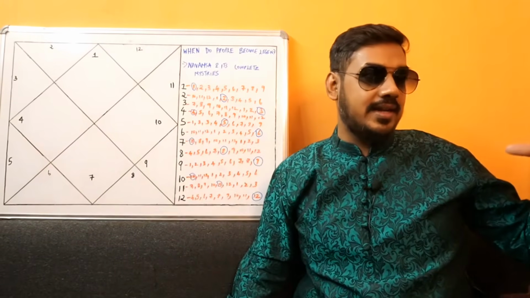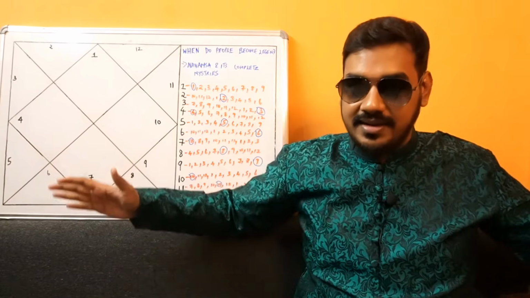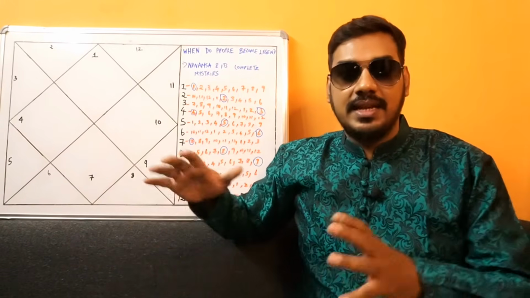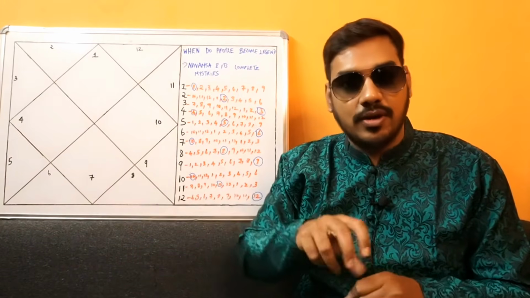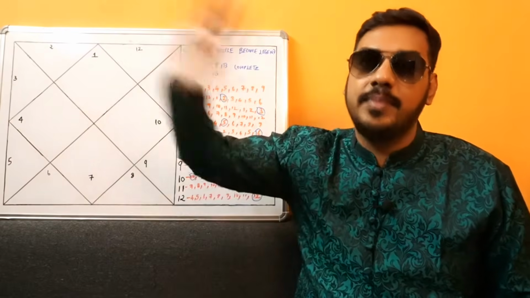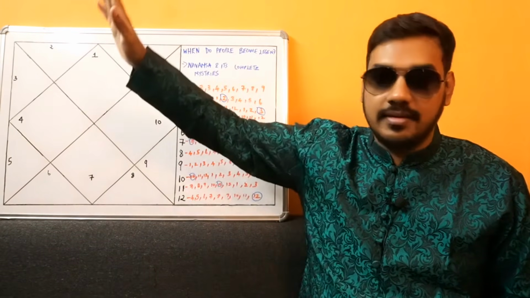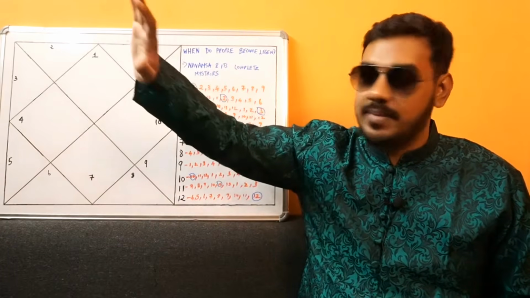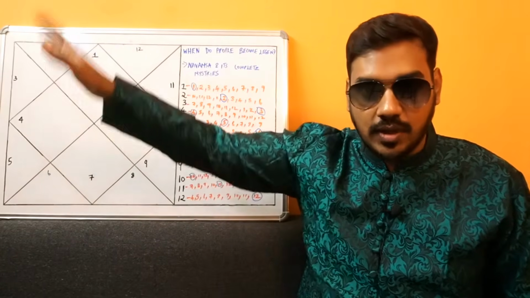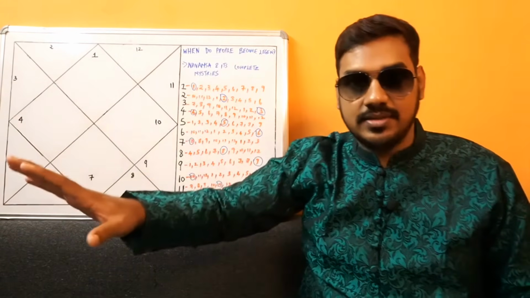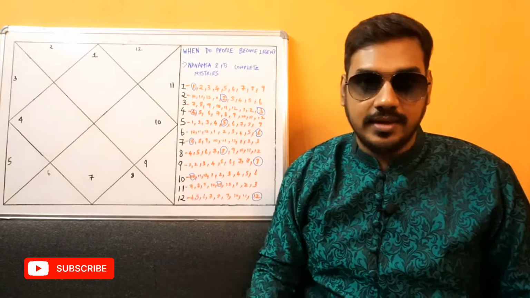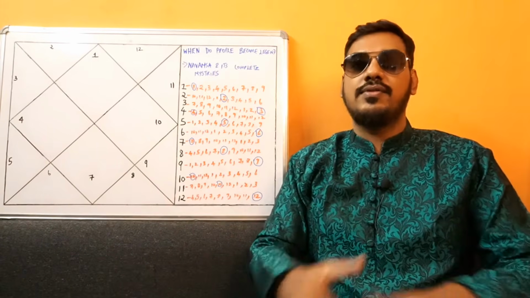So let's say your Lagna chart is like the name and the physical entities, the money, the resources and everything that you have with you. The Navamsa chart is like the tap which can open or close the resources, like the controller of the energy, and the Shashti Amsha chart is like the final picture. So late so and so person who has been such a remarkable politician or a freedom fighter or a film star or a doctor or an engineer, whatever. Your Shashti Amsha is like the final picture that is going to be painted across, and that is how the people are going to remember you in your end moment, right, after your death. So this is what I have to say about the Navamsa chart.